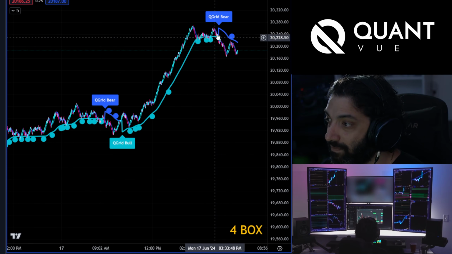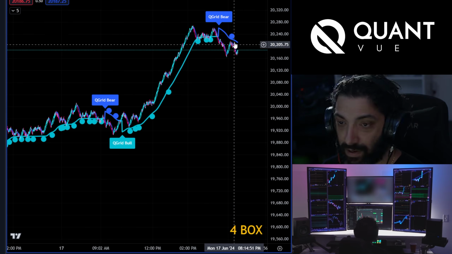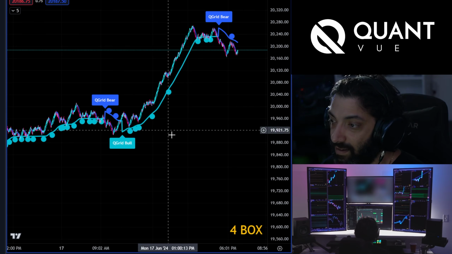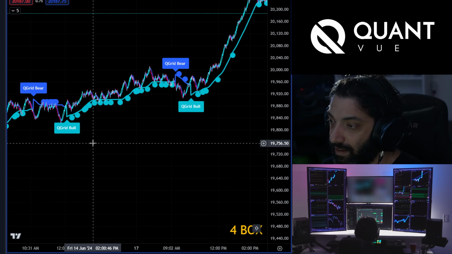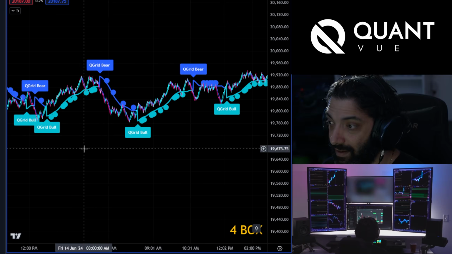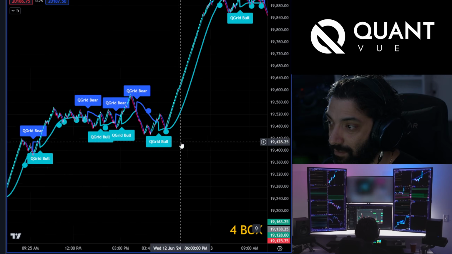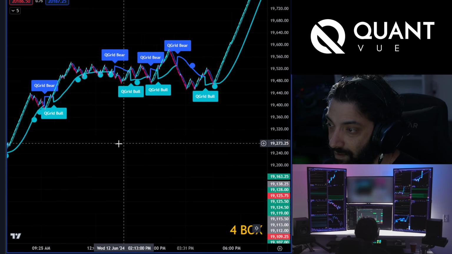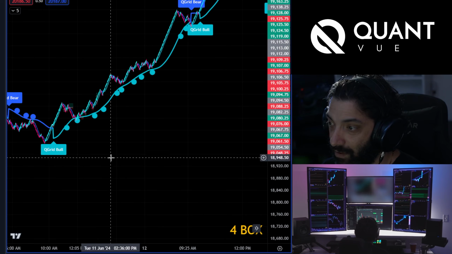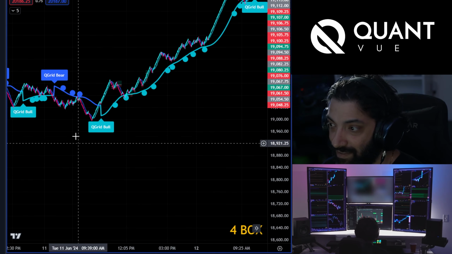But then we finally get the bear. Now we're looking for that push up and then the continuation. And then that's when you get in. So I think it's a really great indicator for passing evaluations quickly. And I think this will work nicely on automation as well. I haven't fully tested it on automation yet, but especially recently, man, some of these days where it's